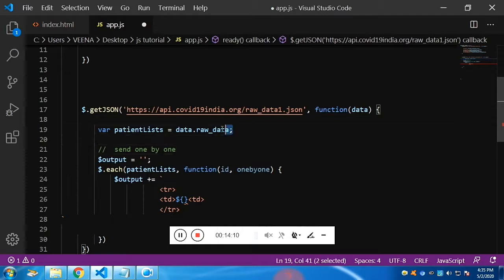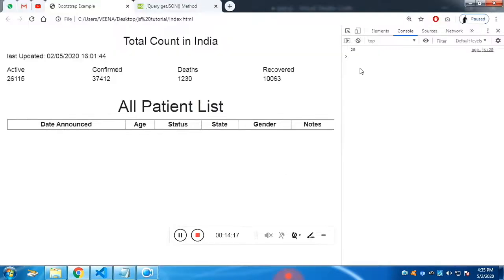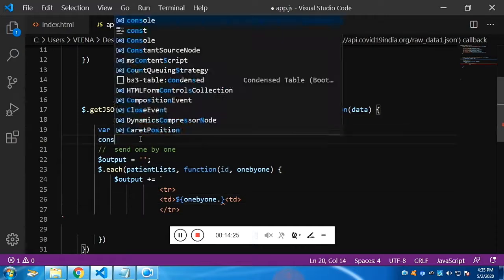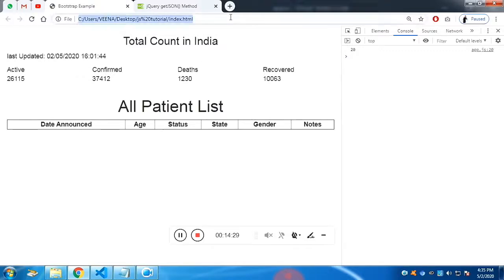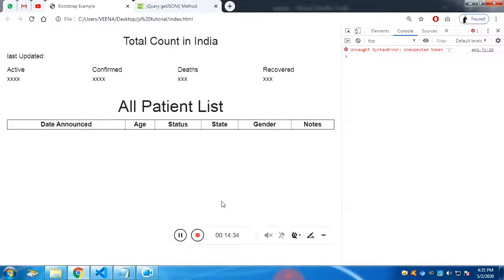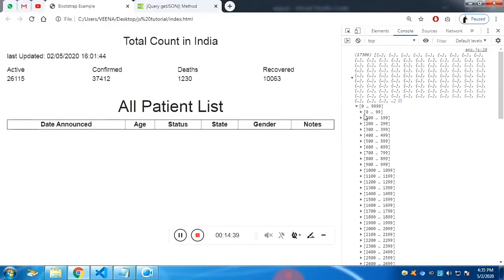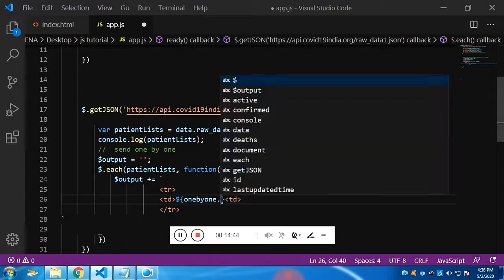Let's remove it. We can access the object one by one. We need to pass the variable which is age. We got it as a, let's console it and see what that variable name is. It says there is an error, yeah, the dot, we have to remove it. Let's get the variable name. It's age bracket, dot age bracket will display.